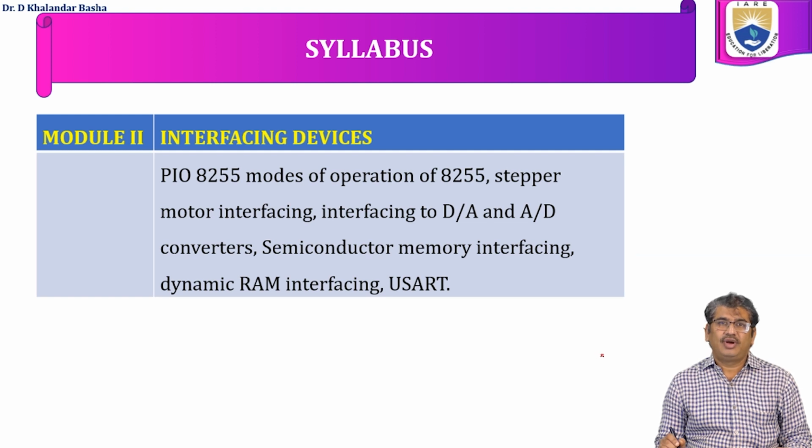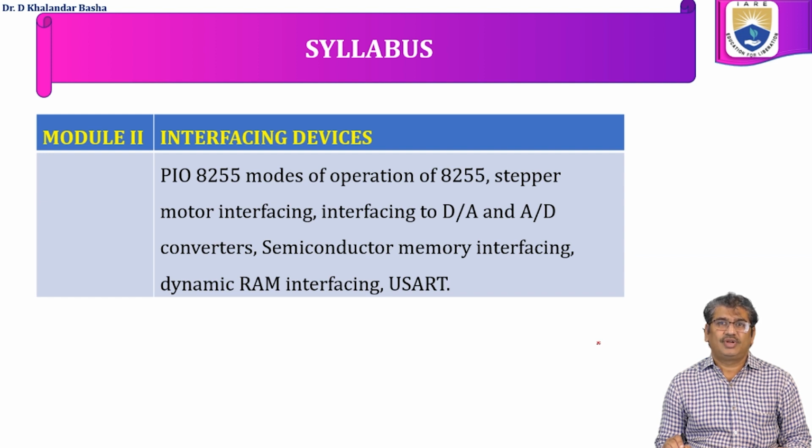Module 2 corresponds to the interfacing of 8086 with memory and IO devices. So how can IO devices be connected to the 8086 processor? Similarly, how to interface or connect a microprocessor with the external memory. In this module, we are going to discuss the PIO, that is the Programmable Input Output device 8255, its various modes of operation, and a few applications like interfacing a stepper motor and DAC, ADC, digital to analog converters and analog to digital converters,